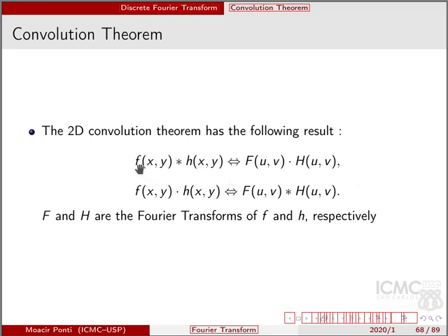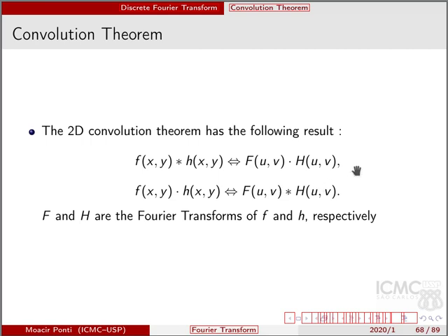By taking the Fourier transforms of f and h, having capital F and capital H, instead of performing a very complex convolution in terms of running time, it is just a mere product, and therefore is a linear